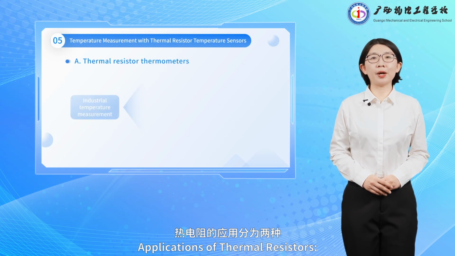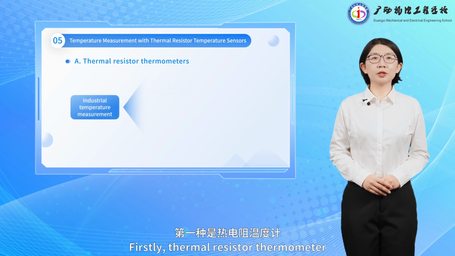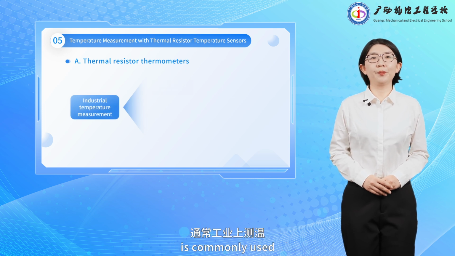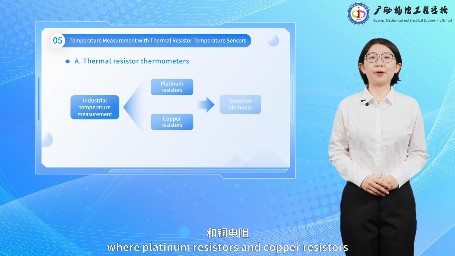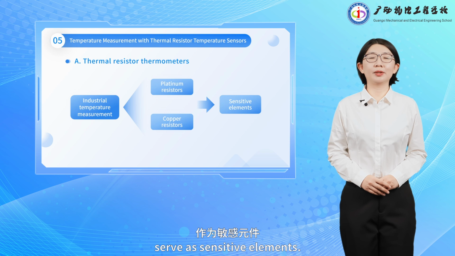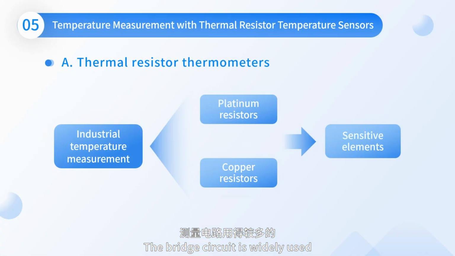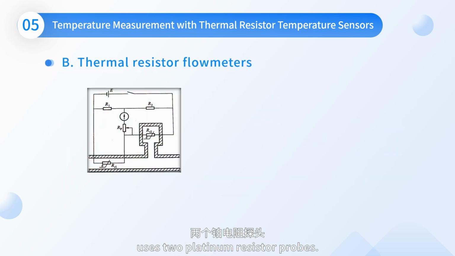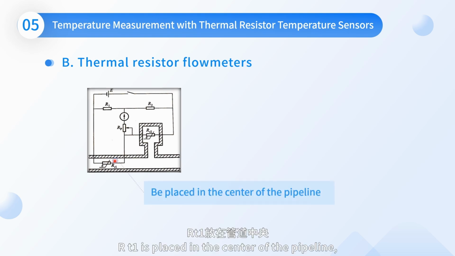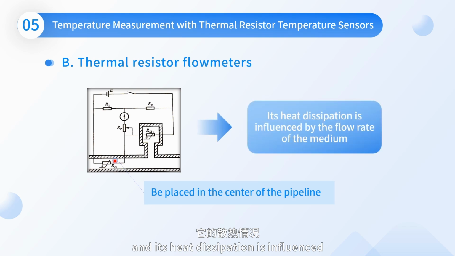Applications of thermal resistors. Firstly, thermal resistor thermometer is commonly used in industrial temperature measurements, where platinum resistors and copper resistors serve as sensitive elements. The bridge circuit is widely used in measurement circuits. Secondly, thermal resistor flowmeter uses 2 platinum resistor probes. Our T1 is placed in the center of the pipeline, and its heat dissipation is influenced by the flow rate